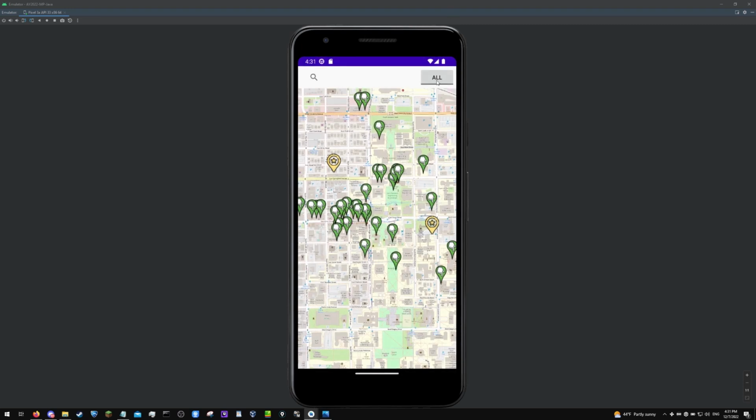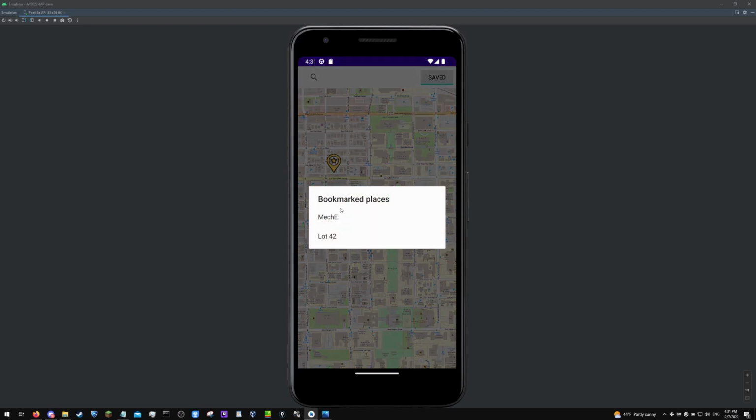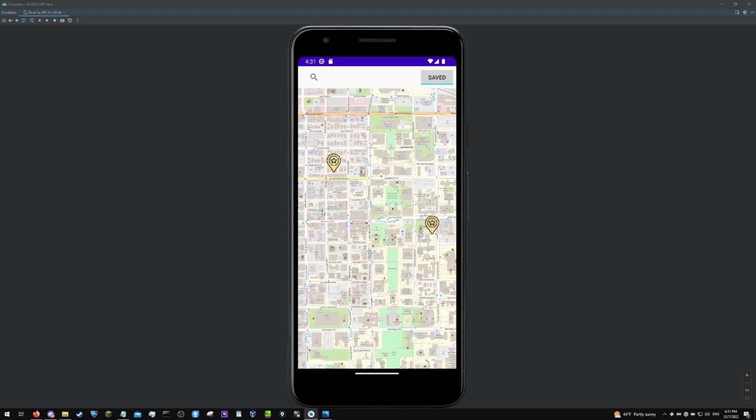Another cool thing is if we hold the saved, we can see the bookmarked list places. So if there's a lot of places, potentially maybe 20 or 30, then you'll be able to see all your bookmark places in the list like that. And then